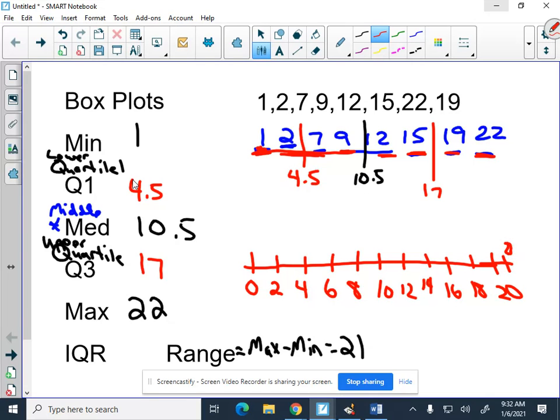Sorry, that part of the board is a little bit bad. I can't get it to write over there all the time. So that's supposed to be the 22. And now, to make what we call the box, so the box and whisker plot, we use Q1 and Q3,